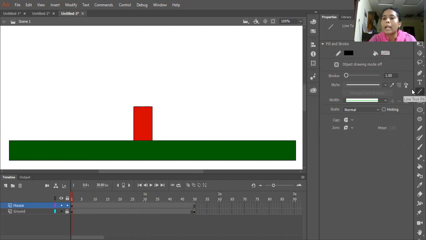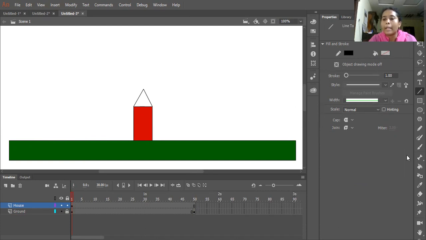Also, I'm using the line tool from the toolbox and drawing lines so that it forms like a house. This entire thing, I have used two different tools. One is the rectangle tool and the second is the line tool.